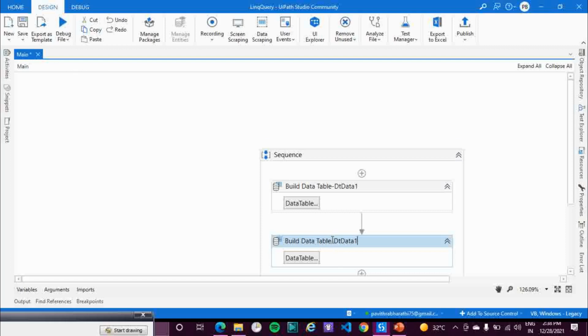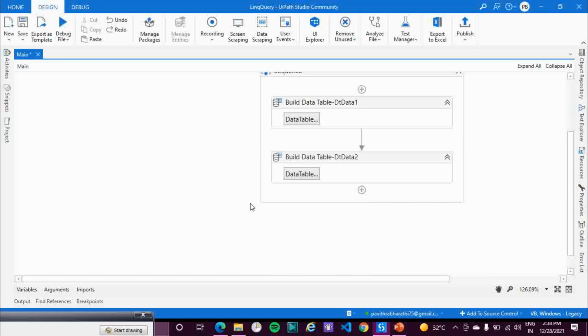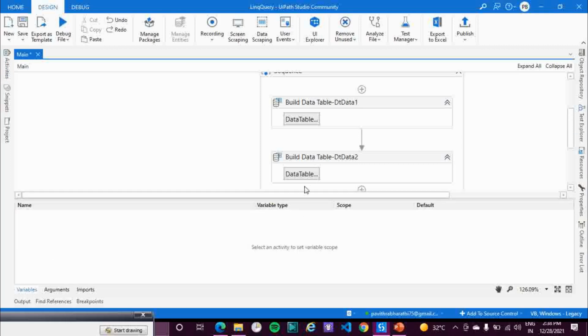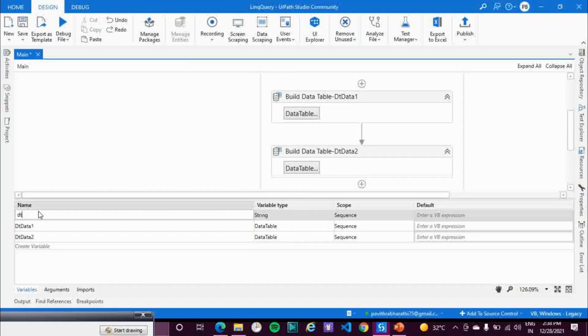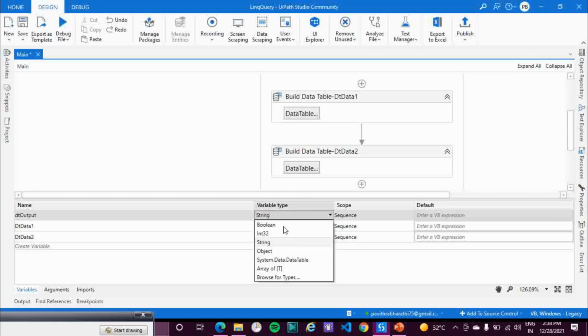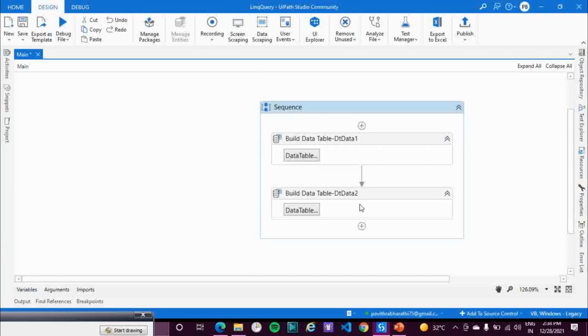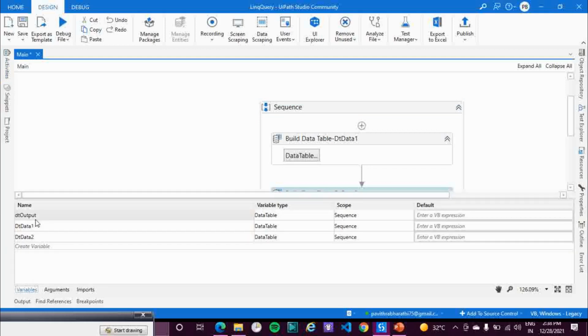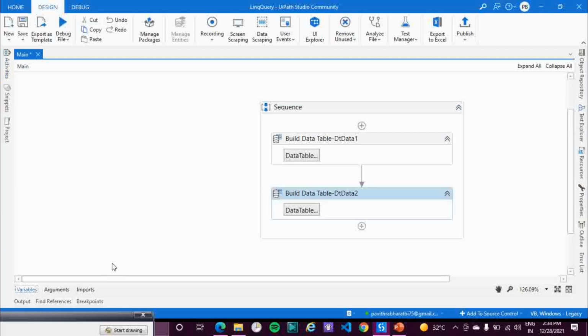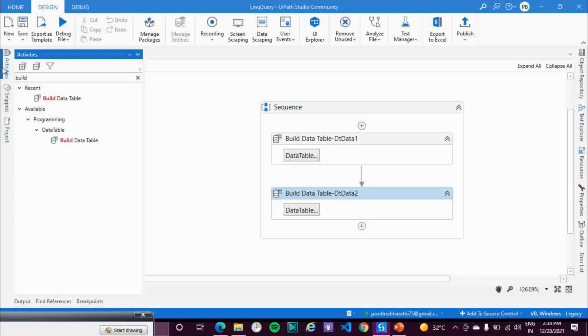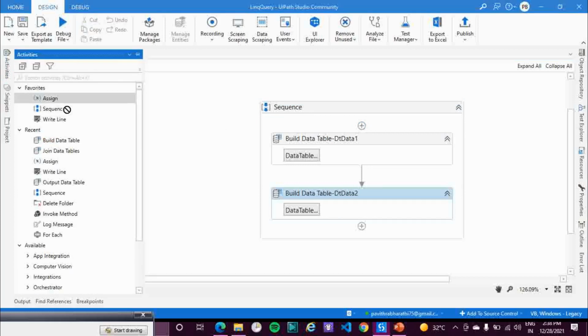Now I'll create one more data table called dt output. Let me change this into a data table. Since I have created this dt output, I need to get the structure. So let me get the structure of the first data table.